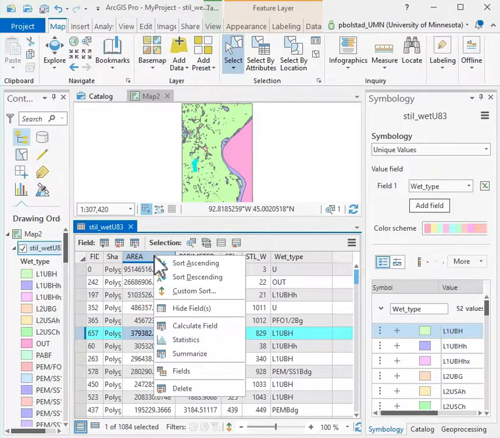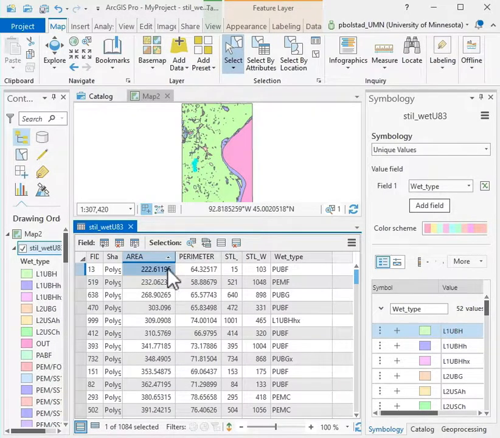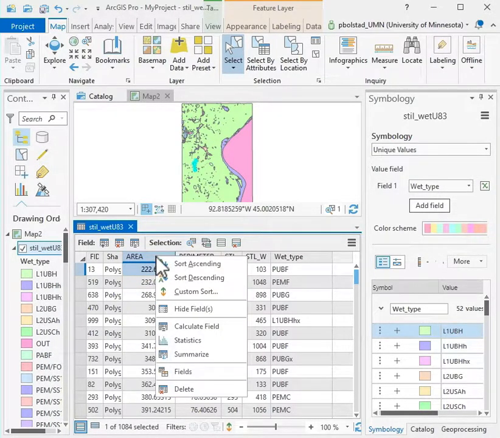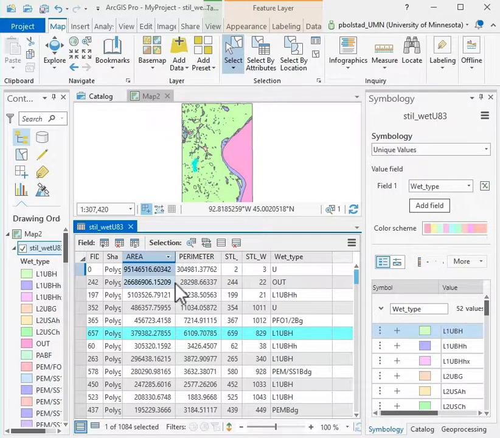That's a right click and then sort ascending. So this is by their area, their calculated area from smallest to largest if I sort ascending, and from largest to smallest if I sort descending. And you can see when I click on a row, the associated polygon becomes displayed in the selection color. So if the row is selected and you see then the associated feature in the layer is selected,